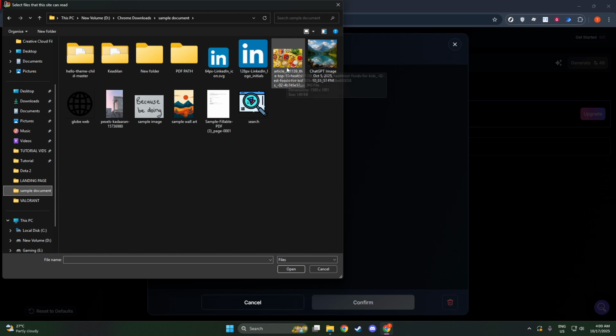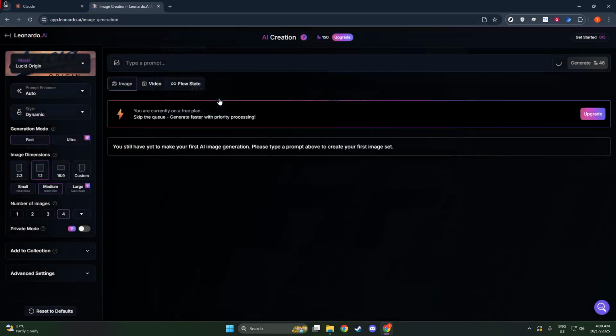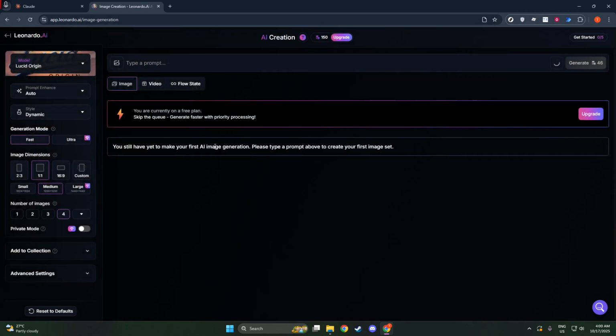With your image uploaded, you'll want to adjust some settings to ensure optimal generation results. Let's consider two scenarios here: image guidance and character reference. For image guidance, you'll first need to choose the appropriate guidance mode. Depending on what you want to achieve, you might choose options like depth to image, edge to image, or pose to image. These modes influence how the AI interprets your image, so feel free to experiment and find what works